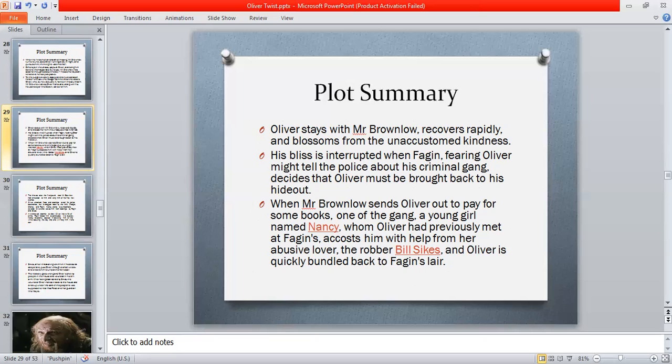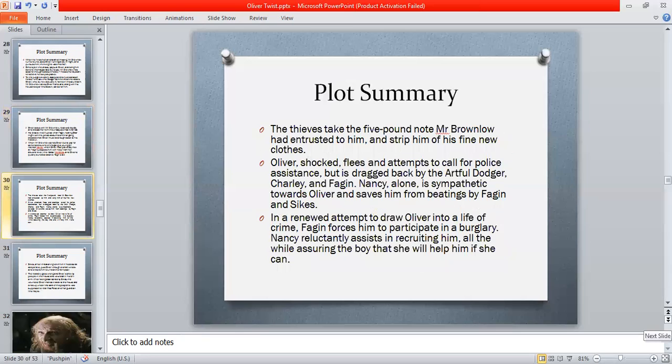Brownlow sends Oliver out to pay for some books. One of the gang, a young girl named Nancy, whom Oliver had previously met at Fagin's, accosts him with help from her abusive lover, the robber Bill Sykes, and Oliver is quickly bundled back to Fagin's lair, which means that two members of the gang, Nancy and Bill Sykes, follow Oliver, and on his way to the bookshop, they kidnap